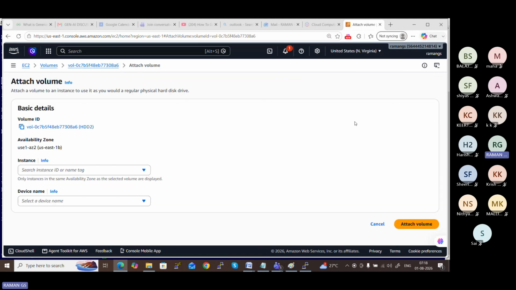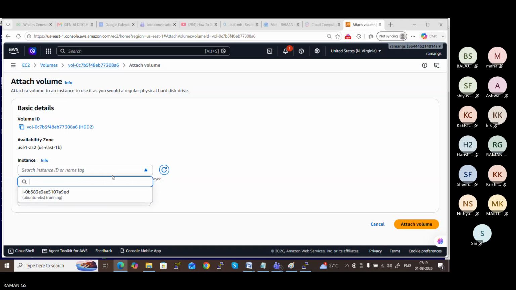Click on attach volume. Before attaching the volume, I already demonstrated that we have only one hard disk via this command and other stuff. Now the availability zone of the hard disk that we have created is US East only. Now it is asking for the instance. Select the instance.